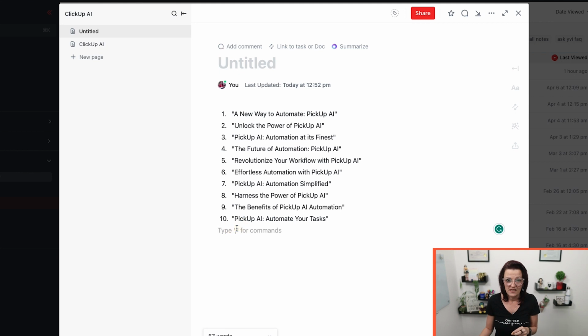Once it's imported and inserted in your ClickUp document, you can edit it just like anywhere else. Now, before we dive into the predefined actions that are going to start popping up for us,